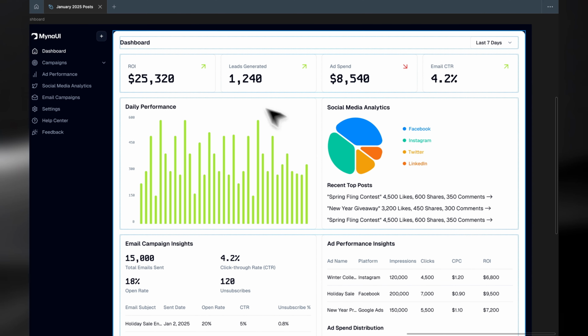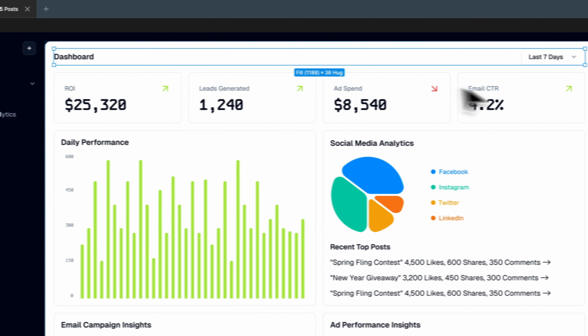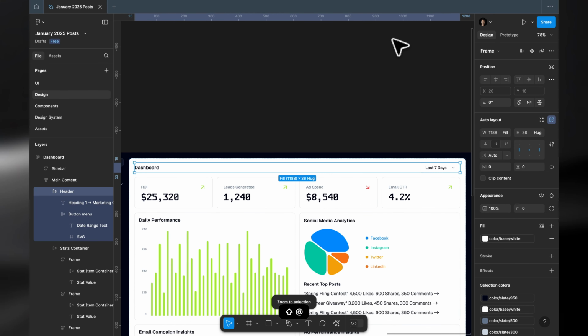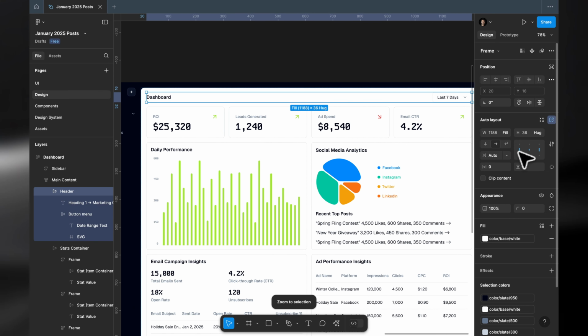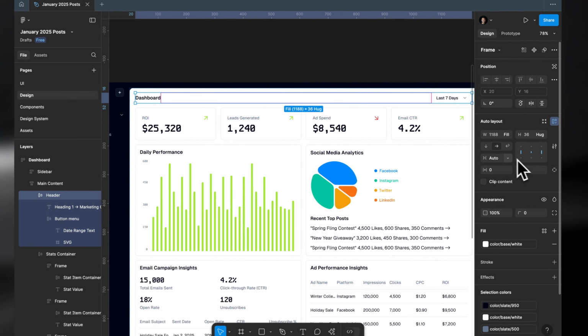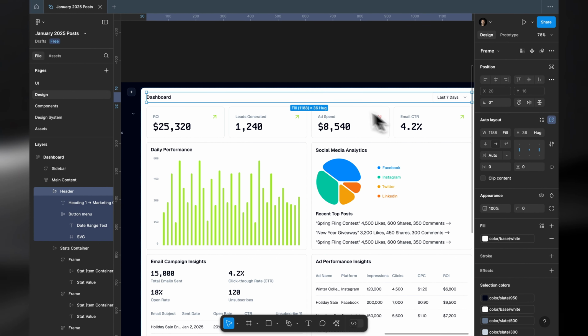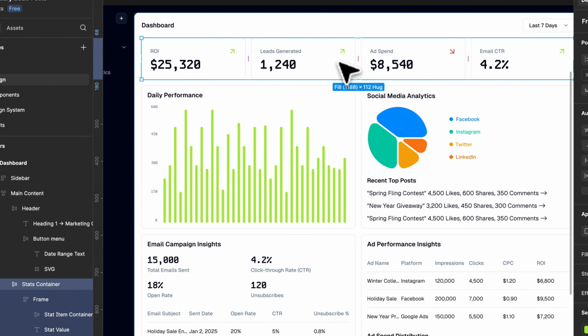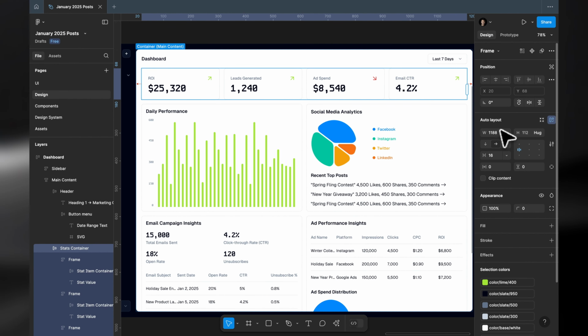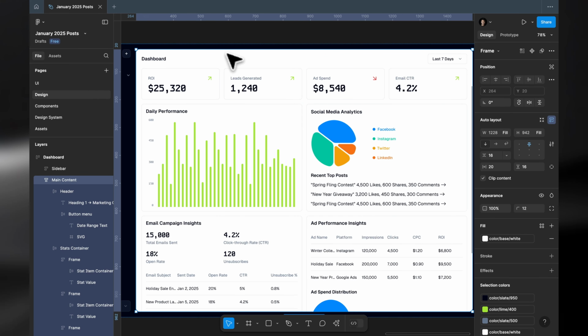Okay, here we have the header, so dashboard and the date selector over here. For this it's simple. The height is inherited from this height, and it's set to auto spacing for the auto layout. And then we have the stats container. So the stats container is again a simple auto layout. It's fully filled to the main content